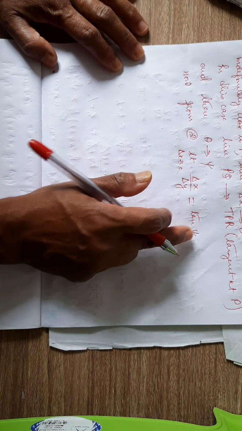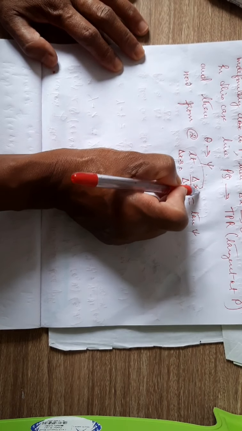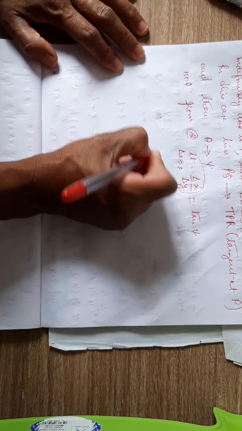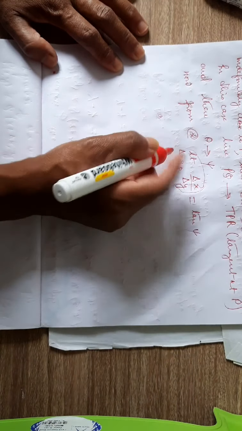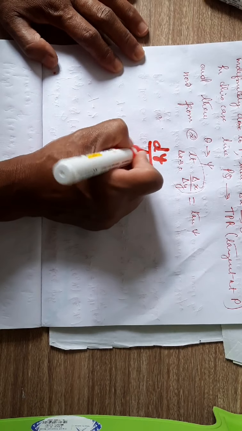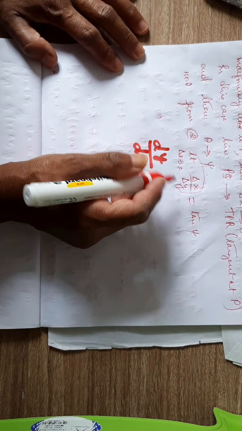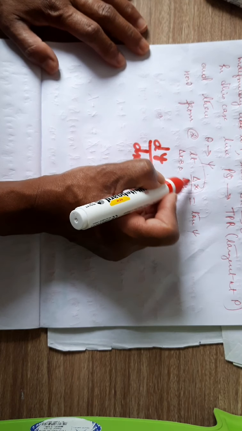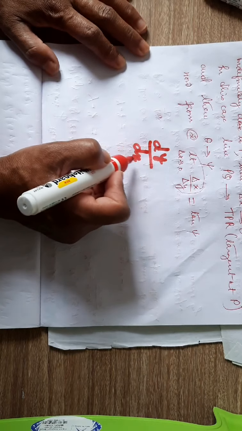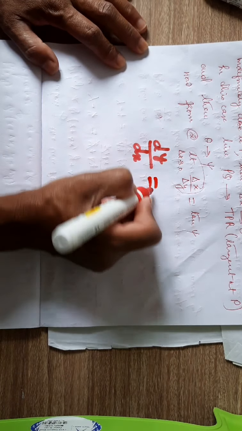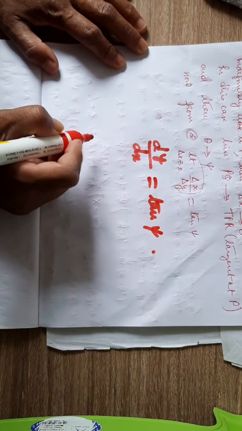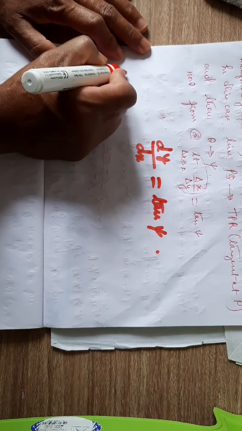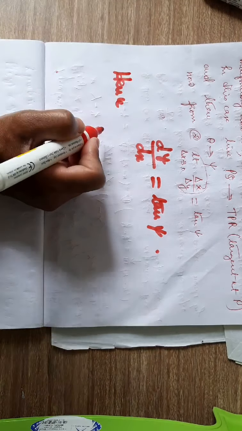So you replace theta by psi, and what is the formula for this one? Limit delta x tends to 0 of delta y by delta x is defined as dy/dx. I have given you the definition of the derivative as a rate measurer. Limit delta x tends to 0 of delta y by delta x represents the derivative of y with respect to x, that is dy/dx is equal to tan psi. Hence, we can see from here that